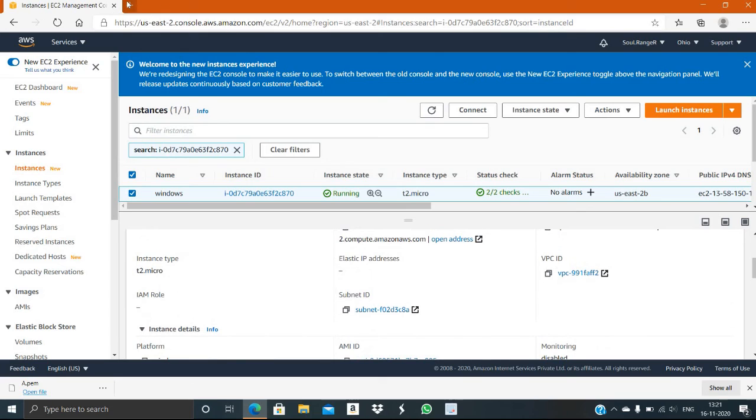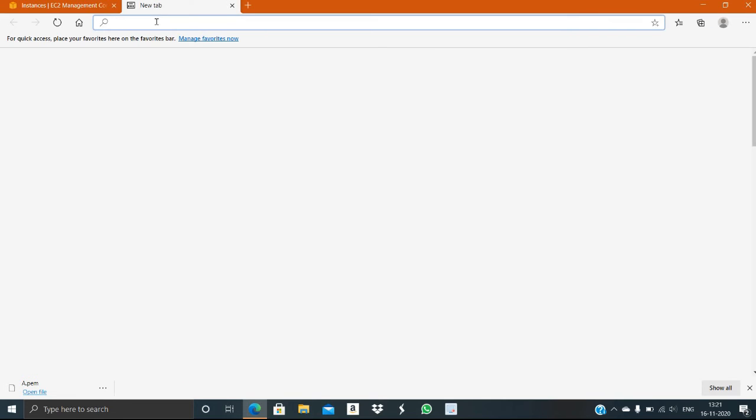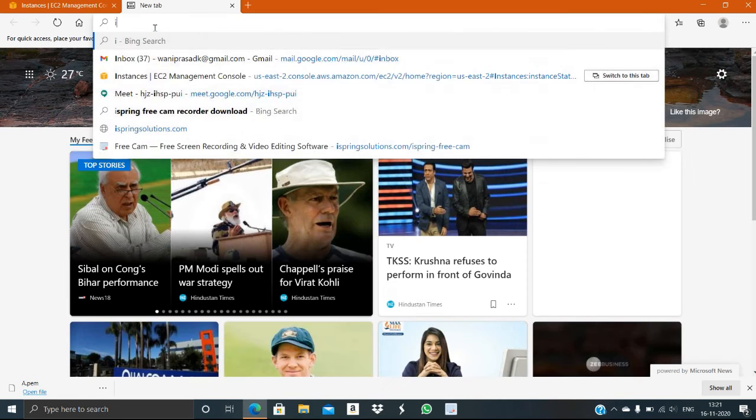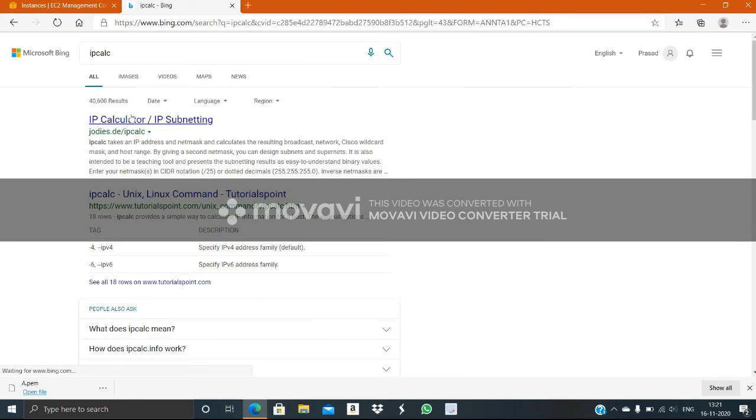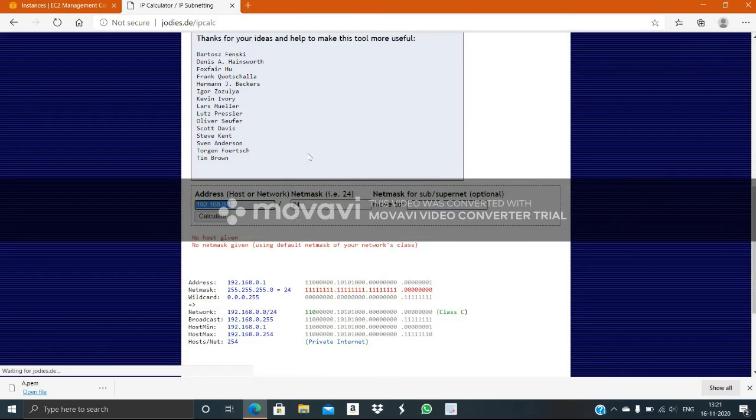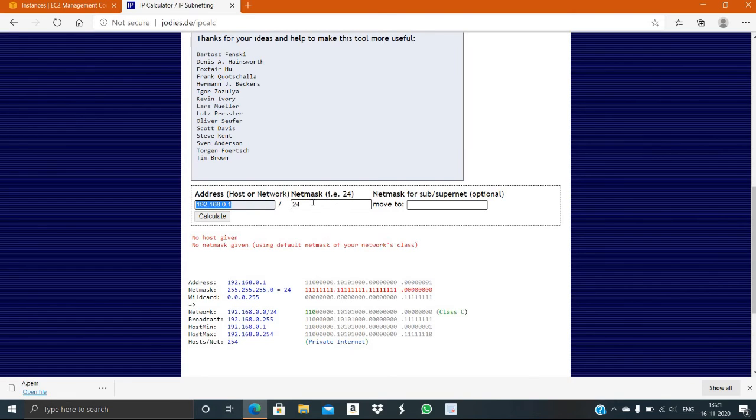Basically, if you want to give your own IP address with a subnet, you can just go to IPCalc. Here you can test your IP addresses with subnet and which supernet you have to move.